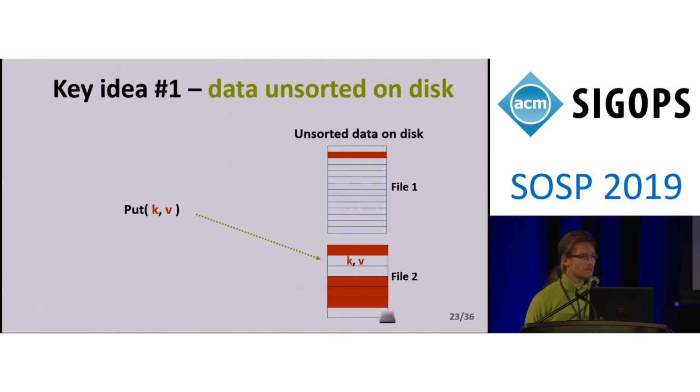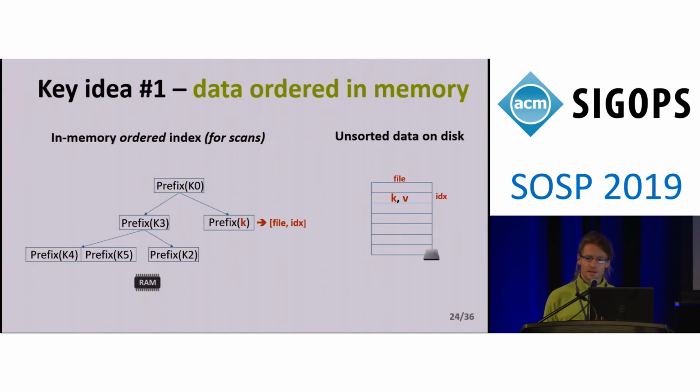Our approach is inspired by in-memory slab allocators. We have one file per item size. And when we put a key and a value, we first compute the size of the item to figure out in which file to write it. And then we write the item in the first free available spot in the file. Because we write keys randomly, we still need an index to remember their location on disk, and this index is stored in memory. The index contains all the keys, all the prefixes of the keys in the database and their location.